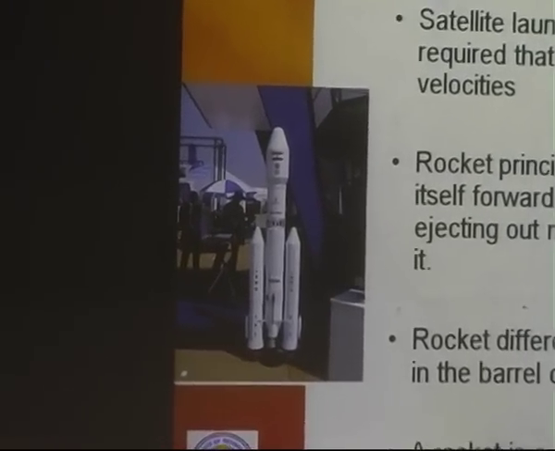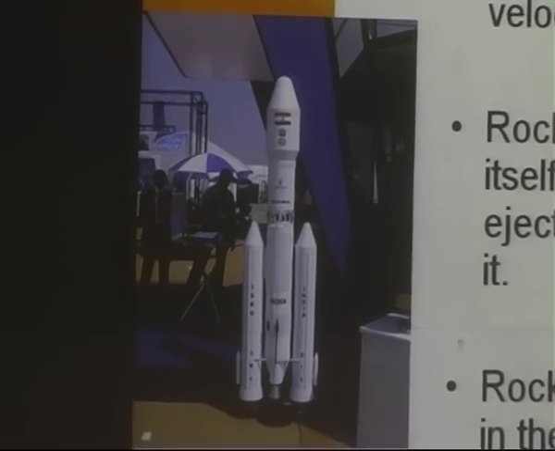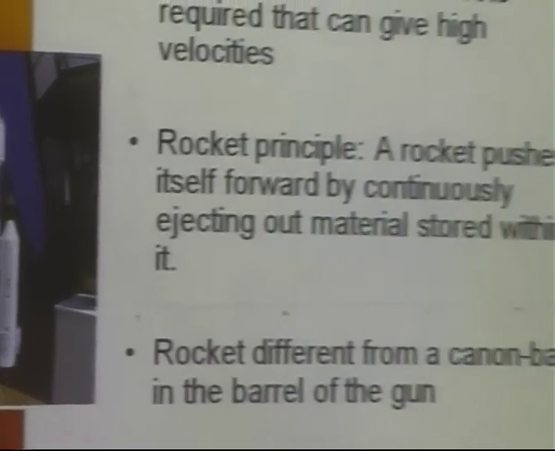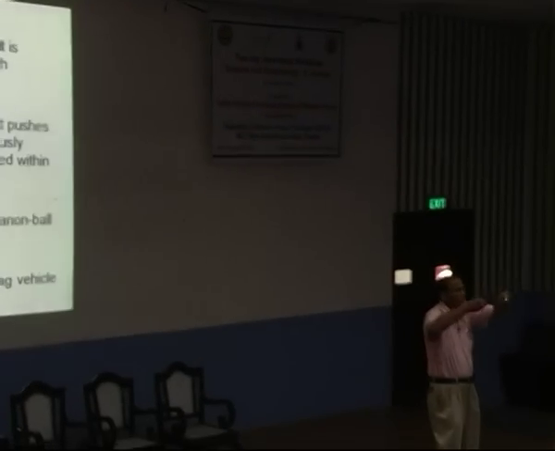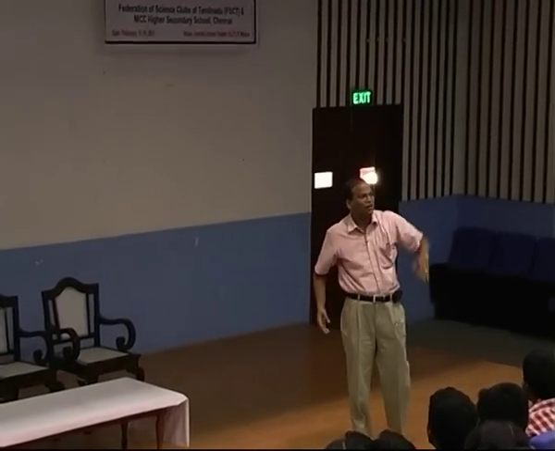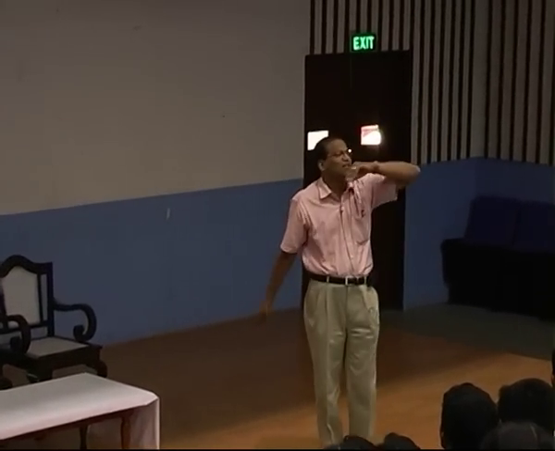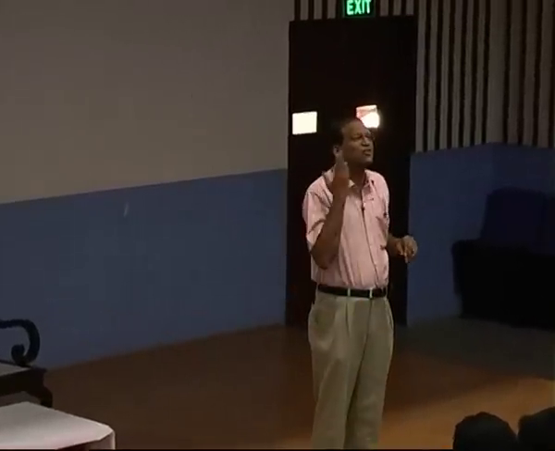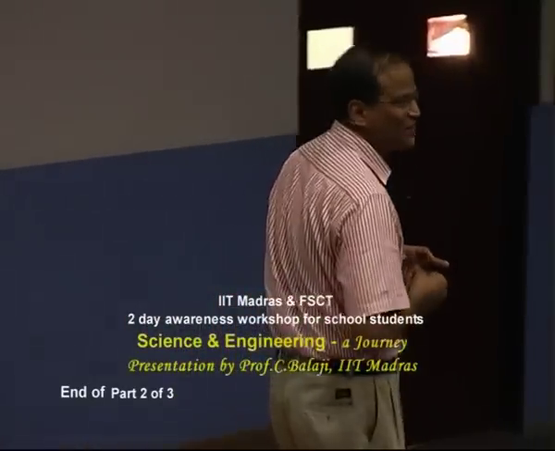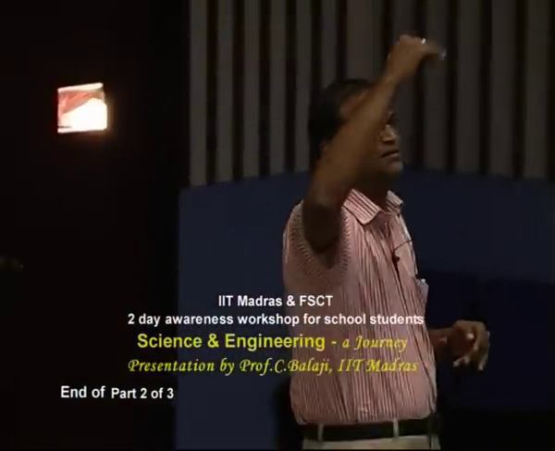Rocket is quite different from a cannonball in the barrel of a gun, or a bullet which leaves the pistol, because it constantly ejects mass, its mass keeps reducing and it accelerates further and further. Because if you want something to escape out of the Earth's gravitational field, you have to give an escape velocity which is equal to 0.2 meters per second? Wow, 1.2 kilometers per second, but that varies at various heights, right?